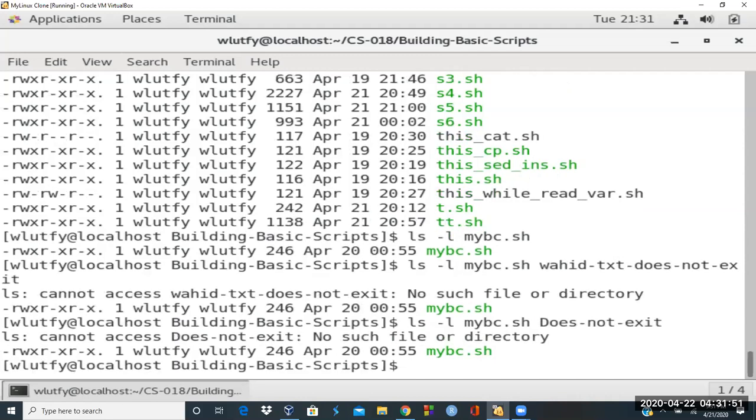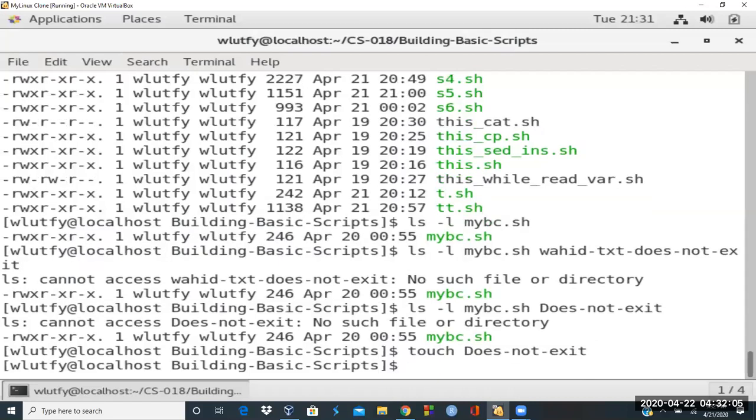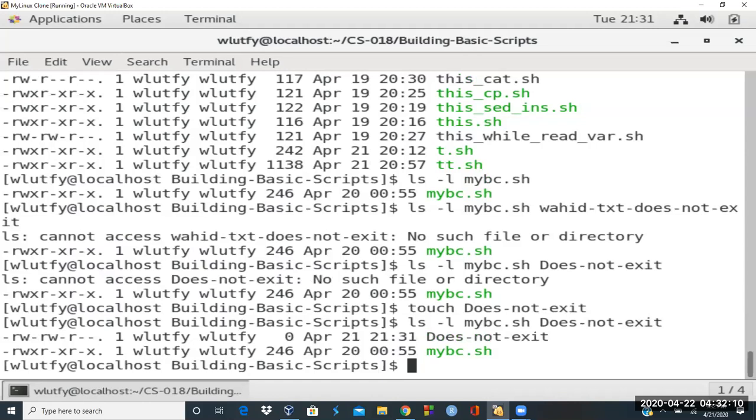So these two files, one is does not exist, and one is mybc.sh. If I touch the file, say does not exist, and then I run the same command here, it will show both of them, right? But now I'm going to remove does not exist,